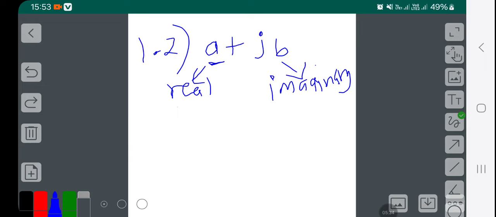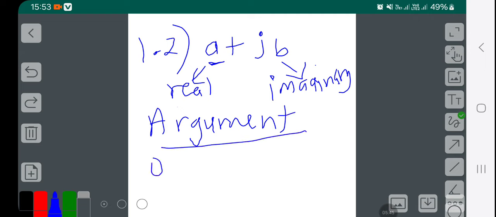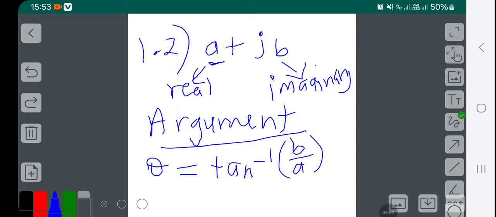That one we are going to do as time goes on. So which formula can you use to find the argument? Your argument, which is going to be your theta, is tan inverse of b over a. Your b is your imaginary number, and your a is your real number. So this is how you find your argument, which is the angle from the x-axis. I will go through this step by step as time goes on, since now we are focusing